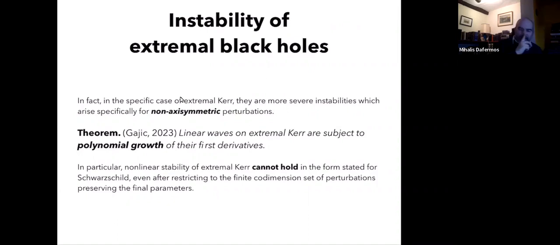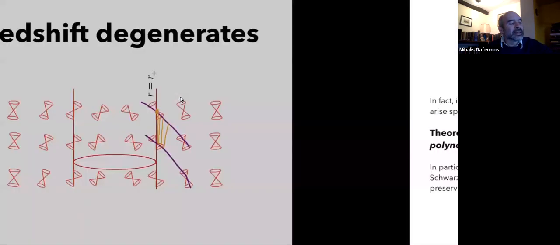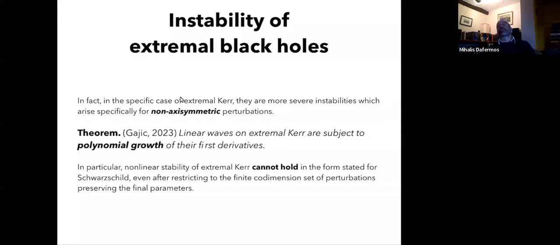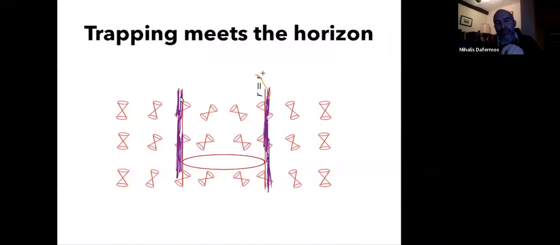Yes, it is, and in fact it is simpler in the sense that extremal Reissner-Nordström is subject to the Aretakis instability, like all extremal black holes, because the Aretakis instability is completely general. But it is not subject to what Gajic calls the azimuthal instabilities of extremal Kerr. So extremal Kerr is in some sense more unstable, but these worse instabilities are related to this other phenomenon. They are related to the trapping of photon orbits which are very close to the horizon,